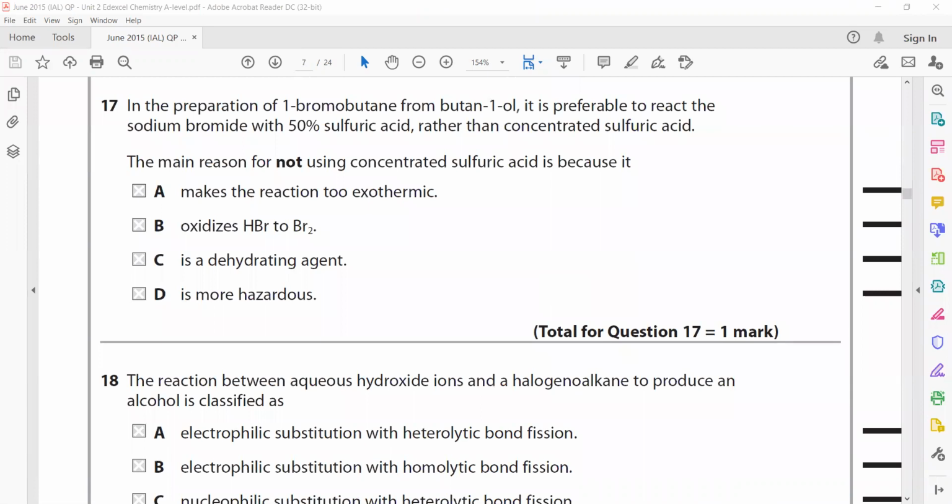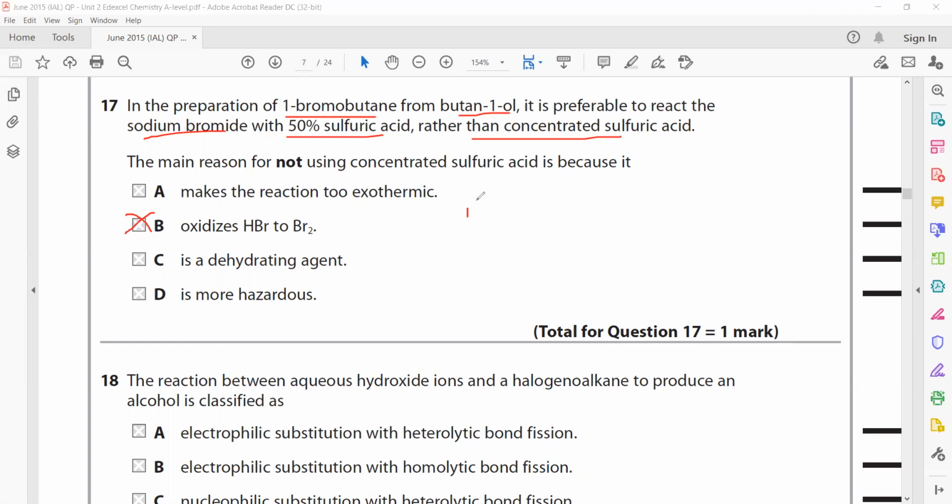Question 17. In the preparation of 1-bromobutane from butan-1-ol, it is preferred to react sodium bromide with 50% sulfuric acid rather than concentrated. What is the reason for that? If we use concentrated sulfuric acid, then the hydrogen bromide produced will further react with sulfuric acid, reducing the sulfur to a lower oxidation number and oxidizing the bromide ion into a bromine molecule. So it oxidizes HBr, which is produced in the first stage,